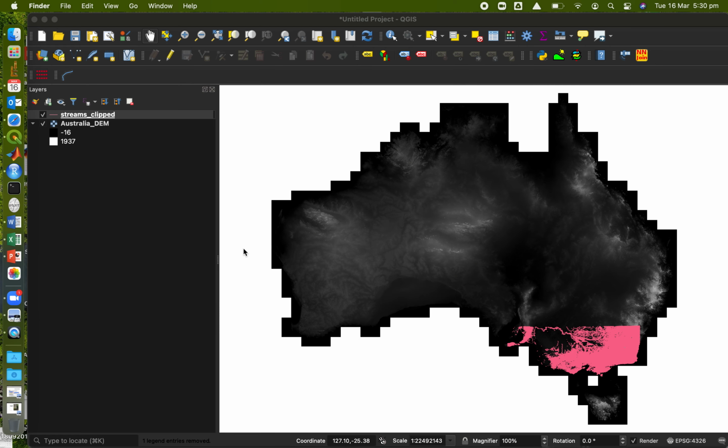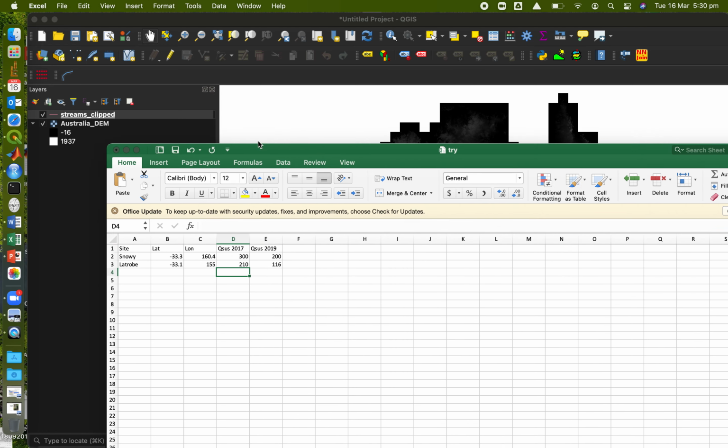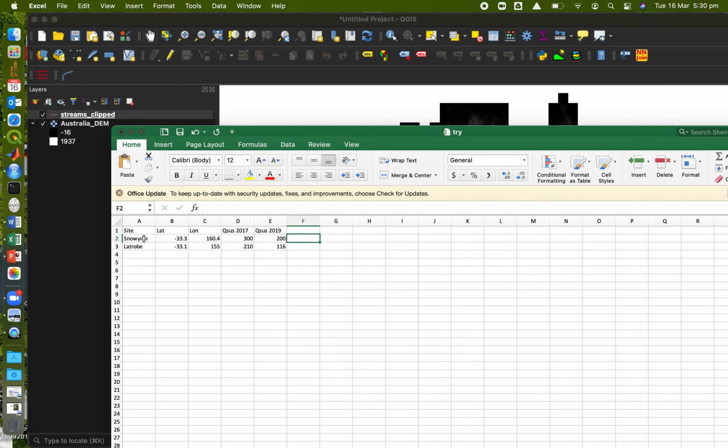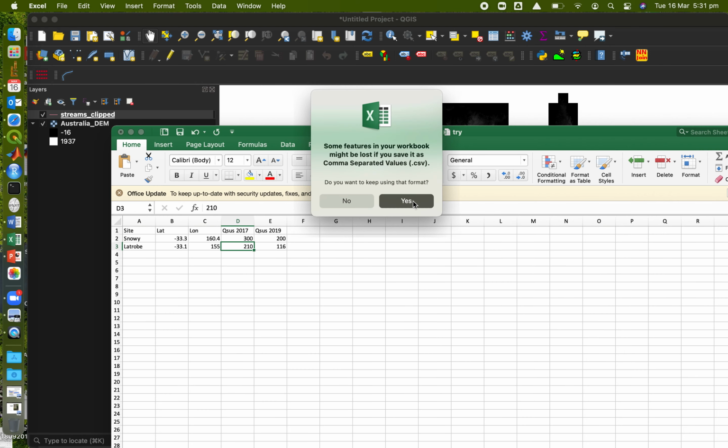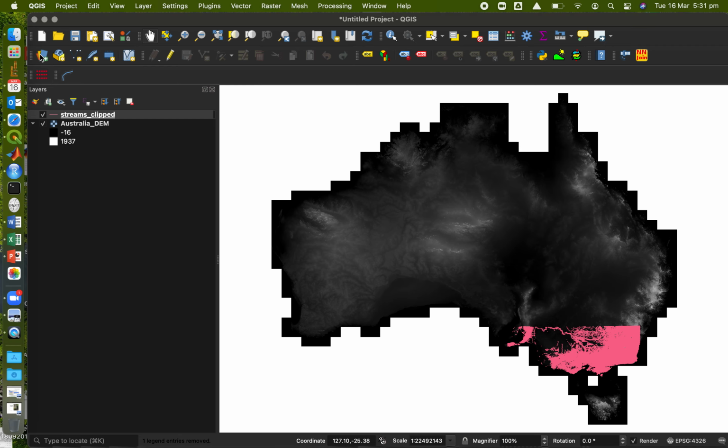Okay, now we're going to import the gauge points, and I just made up 2 gauges here. Okay, this is not real data. And there's a latitude and longitude that you can get from the website, and our suspended load. Okay, so after you've multiplied the concentration by discharge from the river, how much water left the river, we have the loads here, which are very much made up values. I'm going to call this try, which is what I call everything. It's a CSV. I'm going to open my file